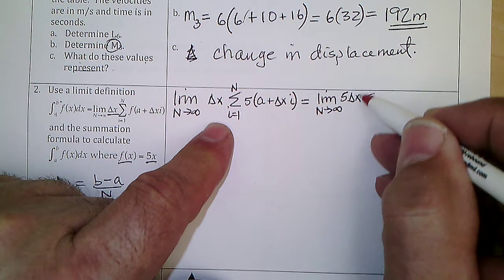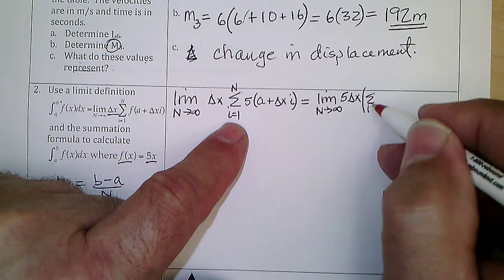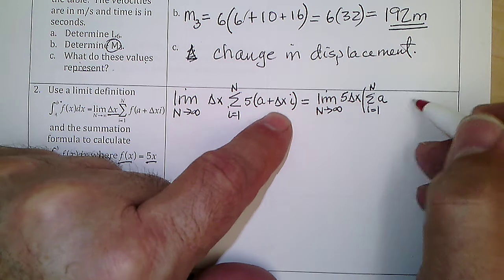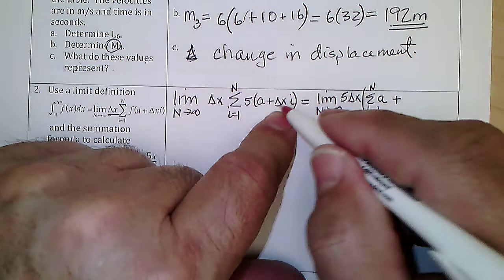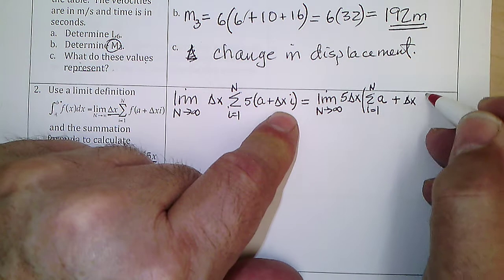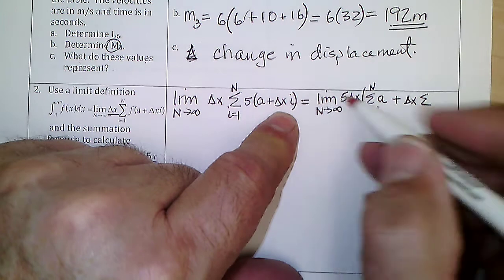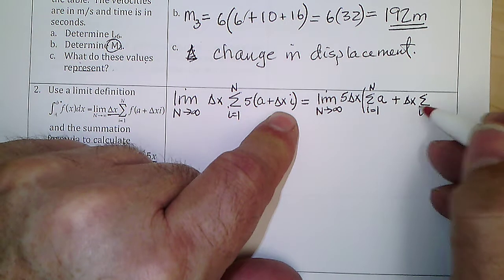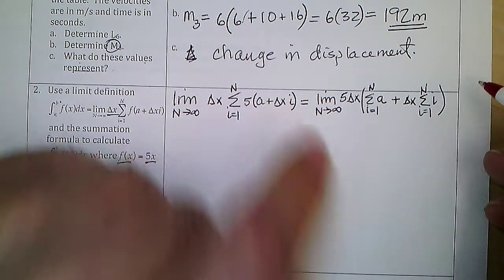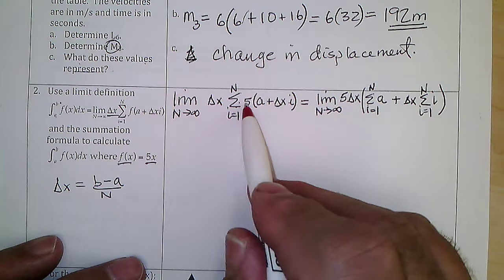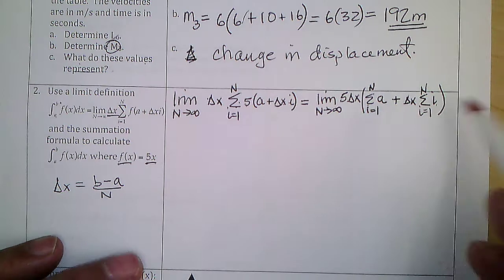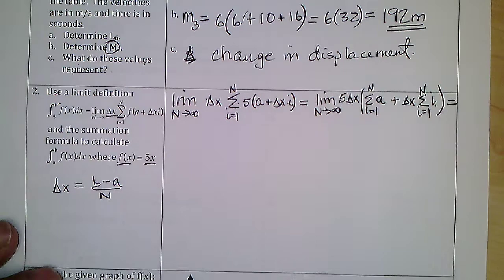And I'm going to have the sum as i goes from 1 to n of a plus, and in this one I got the sum of this, and the delta x comes out, so delta x, and it's only on this part of it, so I can't take it all the way out here, i goes from 1 to n of i. So I split this sum up and I pulled the 5 out. And I pulled the delta x out of the second sum. So this becomes